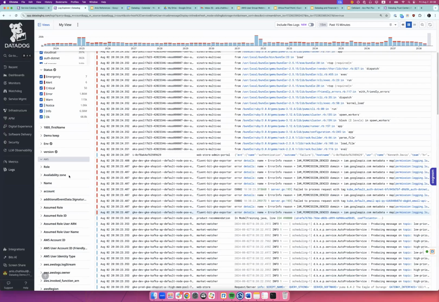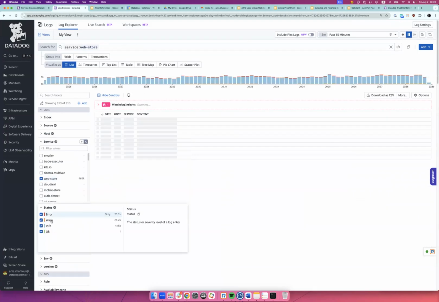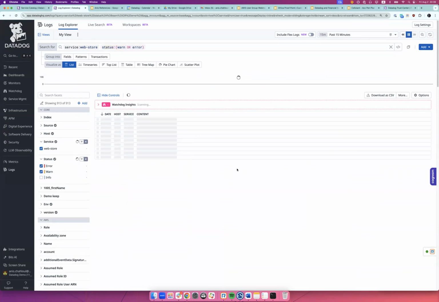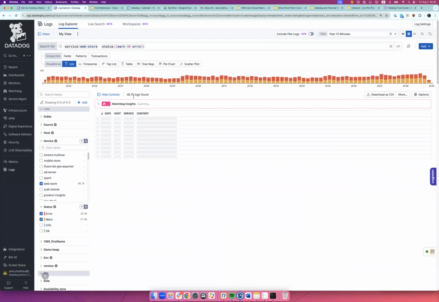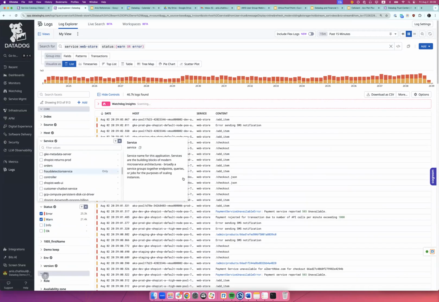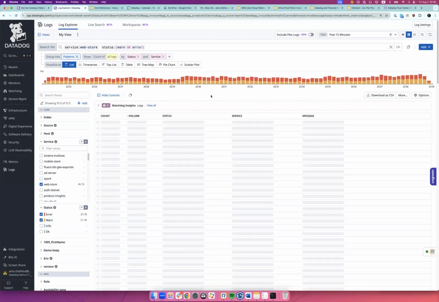Something important is the facets. I can very quickly click on my web store. Let's say I want to see the error and warning logs. Well, I am narrowing it down to about 1,000 logs, but still, it's a lot. So what I can do here, among different options, is group them by pattern.